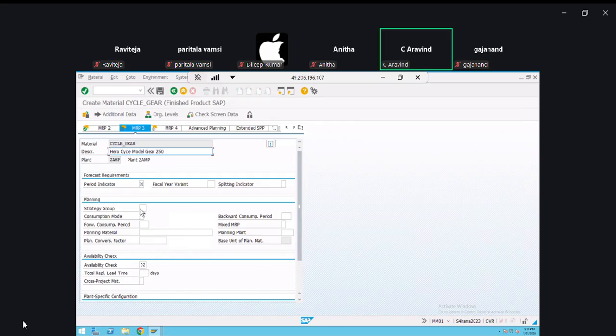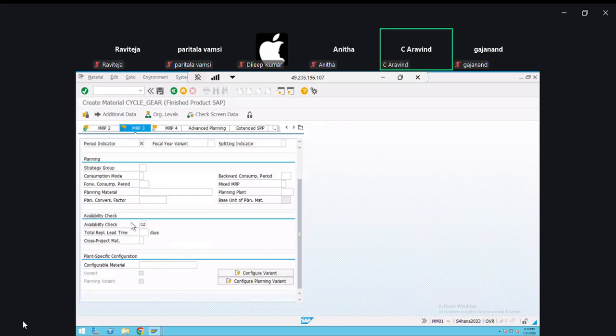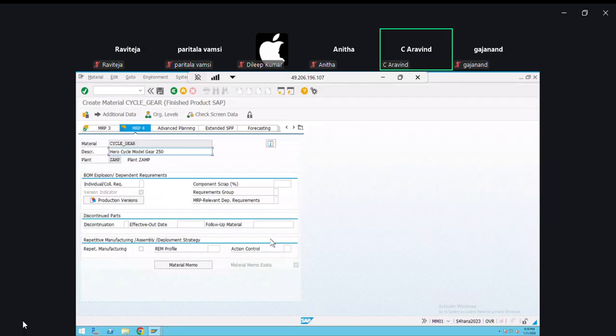And then strategy type, you can leave it now. Availability check, you can leave it. I'll explain later what availability check is during the order. Okay. And then now hit enter. You go to MRP 4. Here you see some scrap information, which we will also understand during our order. Okay. And then if I hit enter,